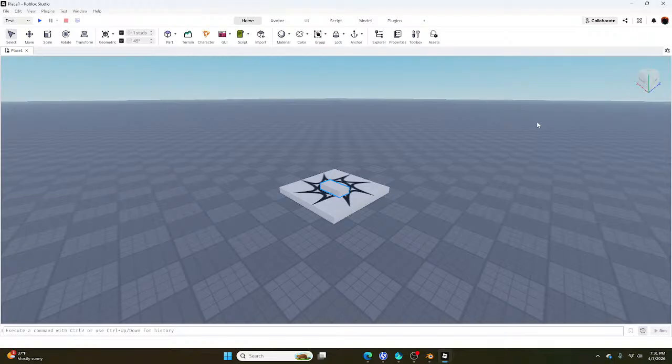Now we should probably mirror this to get the leg to the other side. So I'm actually just going to select everything on this side right